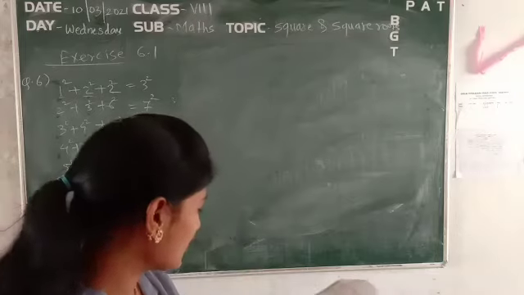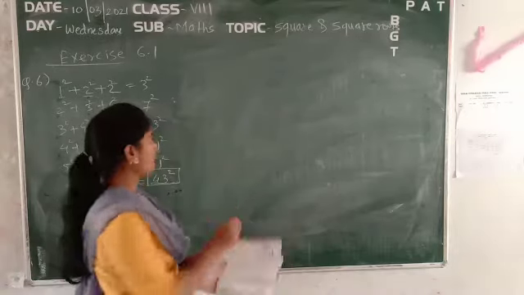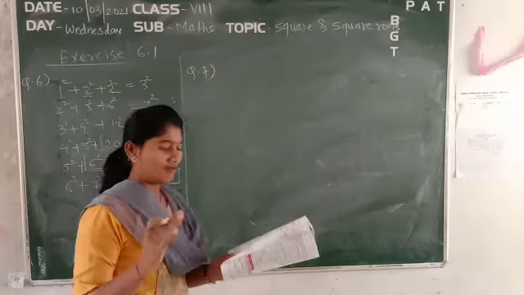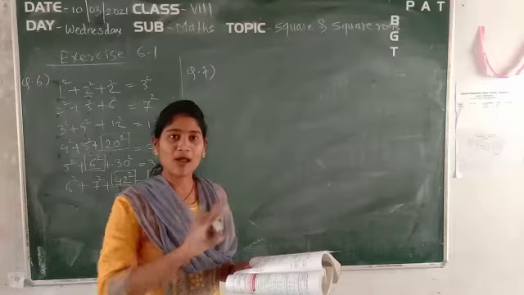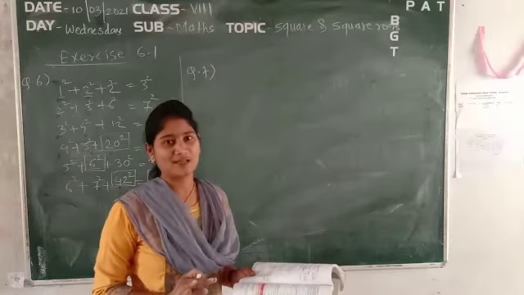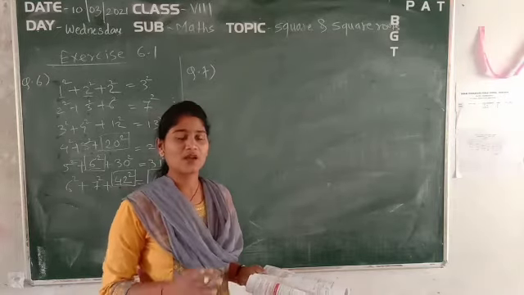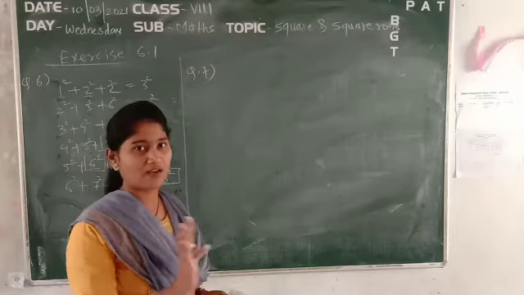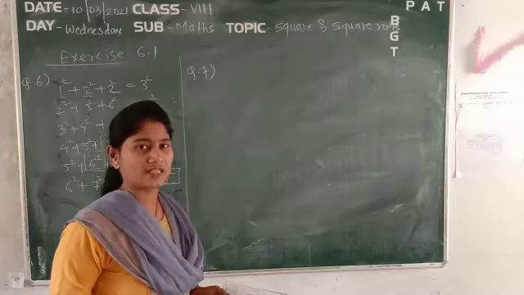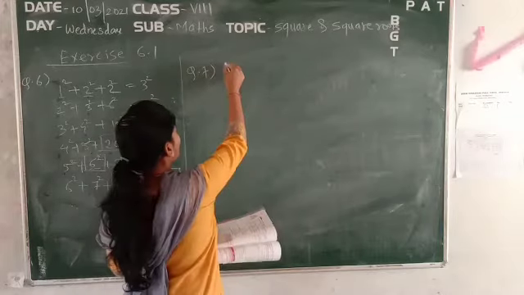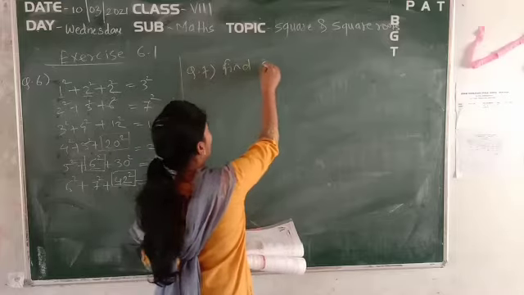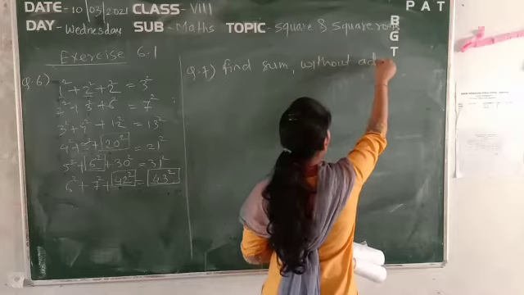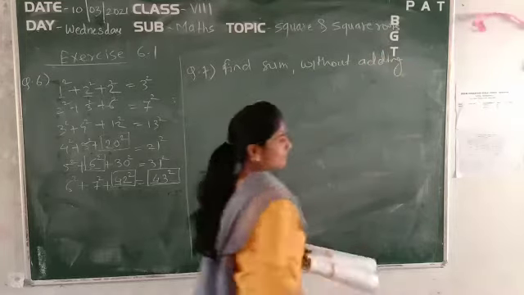So see, the next question is given, that is question number 7, and let's observe what is given within that. In question number 7 it says without adding. Okay, you don't have to add the numbers, but still you have to find the sum. How? That is also based on our properties only, whatever I have given to you. You just have to remember it once. Okay. So the question is like, first of all they are asking you to find the sum without adding. Okay. So without adding, you have to find out the sum.